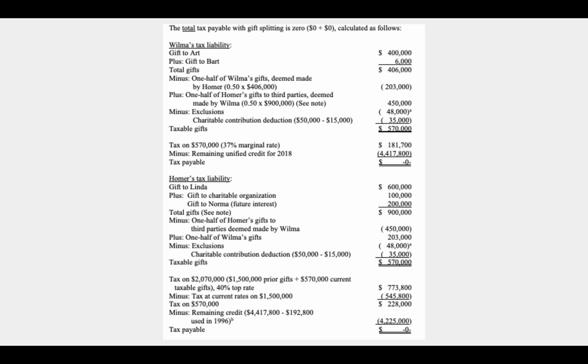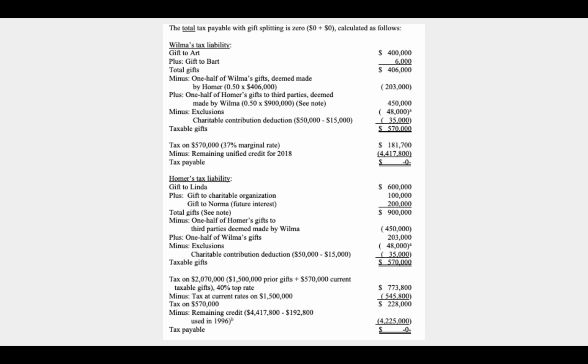So everything is the same from here, but now is where it's going to differ and where you're going to see the cumulative nature of gifts. So instead of calculating the tax on just $570,000, we have to calculate the tax on $2,070,000. That's the prior gifts that Homer made plus the current year gifts. That was step one, remember. And so now, since the tax is on a higher amount, our top tax rate is higher. This is the progressive nature of rates, it's going to push us into a higher tax bracket. So the total tax on Homer's cumulative gifts at today's rates is